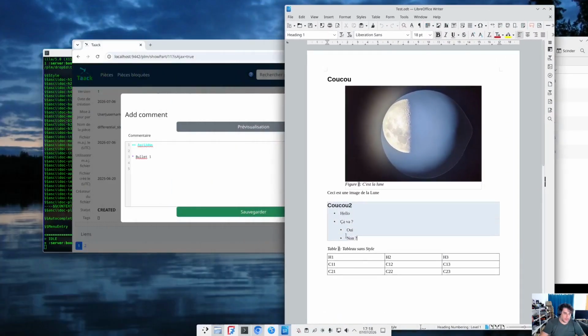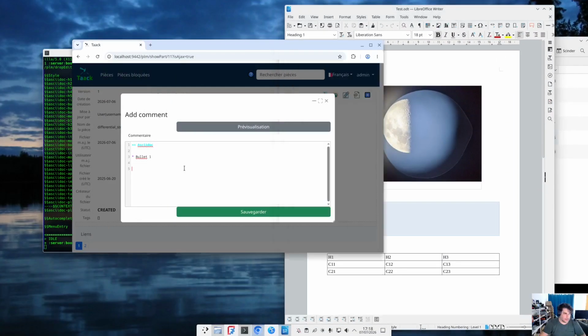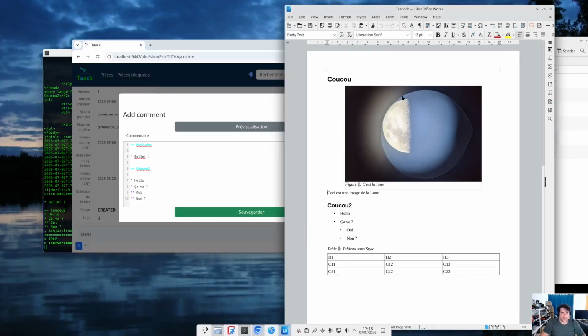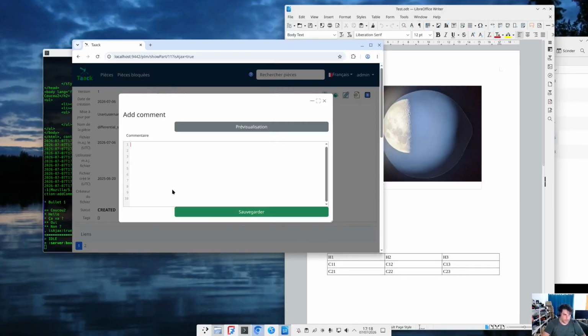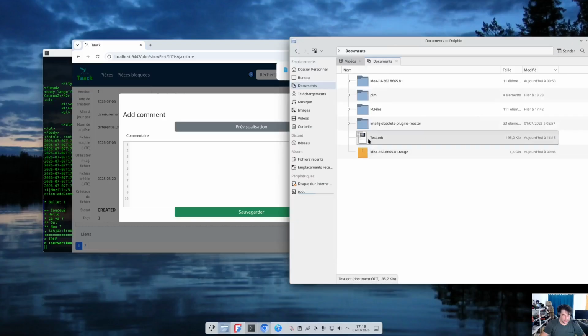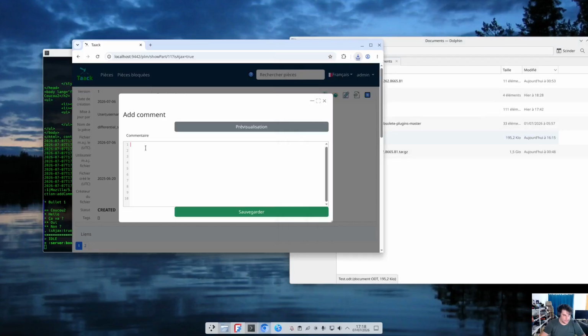Here I copy paste this, and we can have a preview of the file. We can also paste the complete document, I think. I have to copy paste the document, and